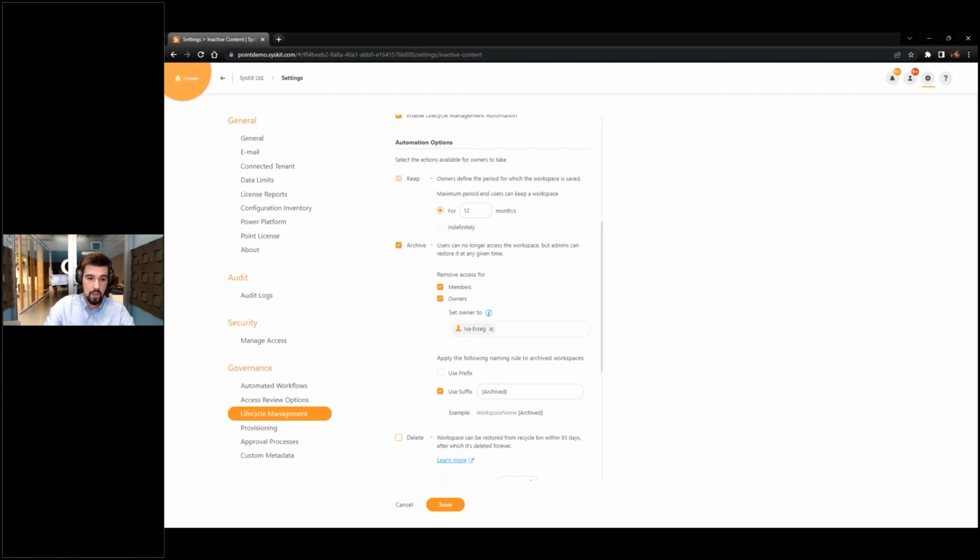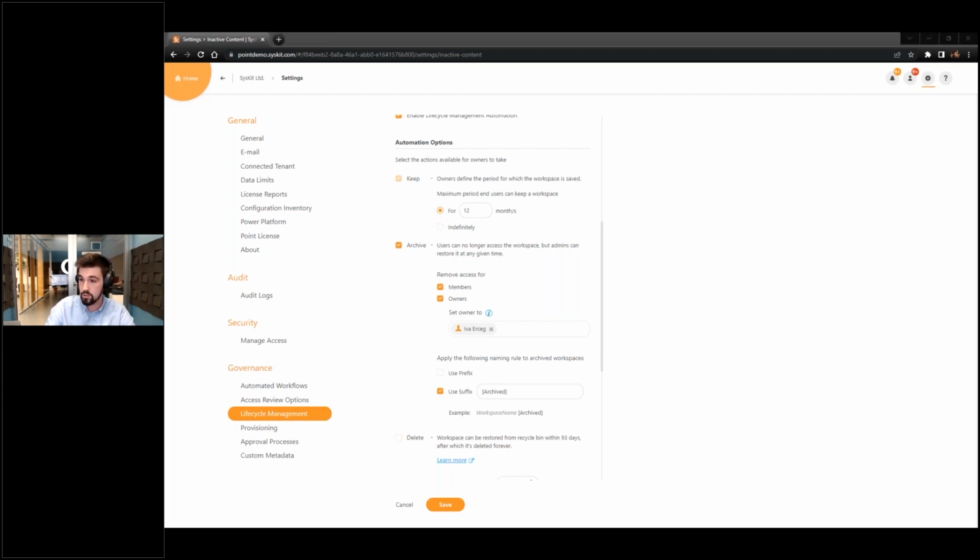Okay. Now I would just like to quickly show you. So now we've seen how to set up these policies from end to end, how to set up the entire lifecycle management to really make sure that you are in control of your sharing, that you are in control of who has access to your tenant through various angles, right? But now I also want to show you what that looks like from that team owner perspective, or as we call them, collaborators, right? They assist administrators because they are closer to that source of information and can make informed decisions about that site. So let me actually shift our view